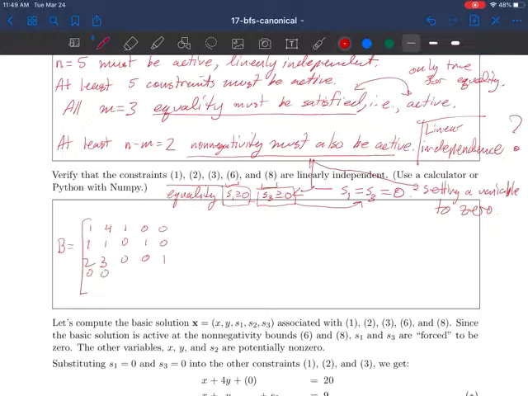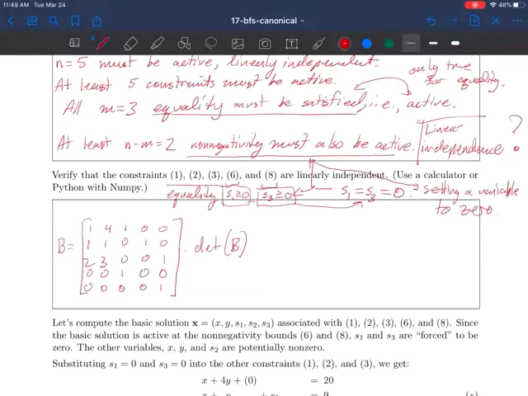Now I need the S1 greater or equal to 0 constraint. What does that look like? Well, that's just 0, 0, 1, 0, 0. And S3 greater or equal to 0 is 0, 0, 0, 0, 1. So make sure you understand how I got the coefficients for this matrix. Now the determinant of this, I can use what's called the Laplace formula on the last two